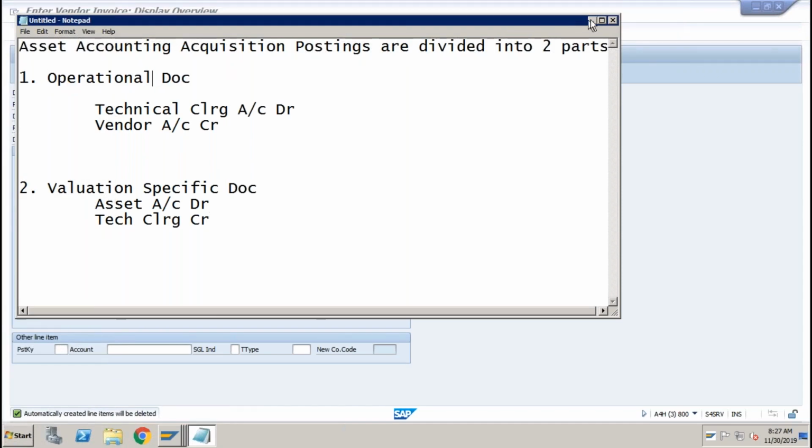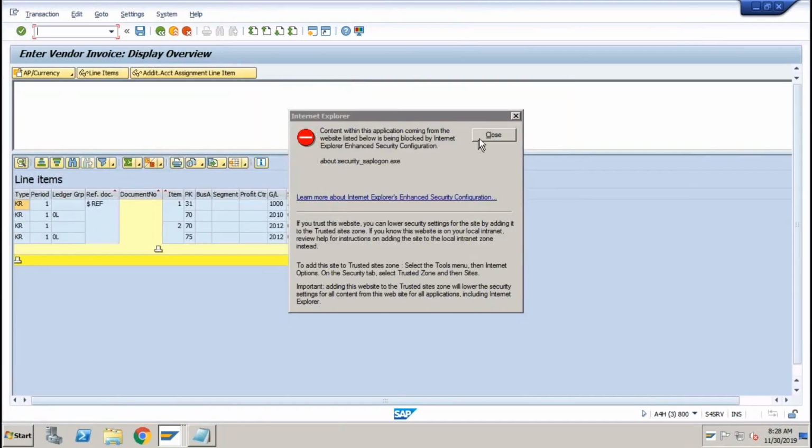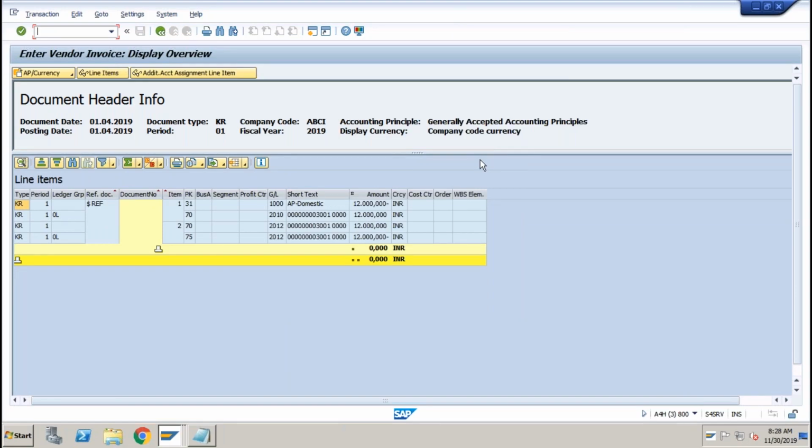Right, it is an operational document which is crediting the vendor and debiting the technical clearing account. Okay, but if I click on this asset accounting, it is showing me both. Which both? Operational as well as valuation specific document. That is the reason this technical clearing account is mandatory in S4HANA. If you don't create it, the system will not be able to divide the document into two parts. Right? So if I click on